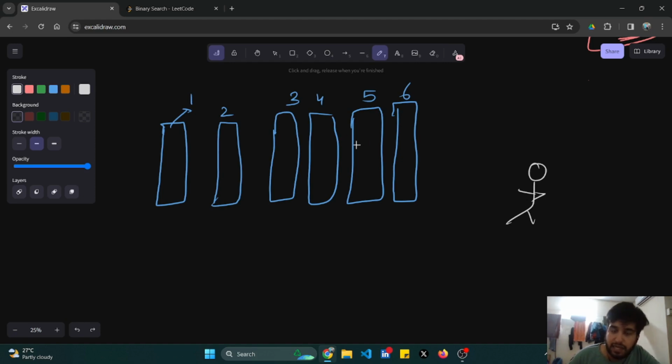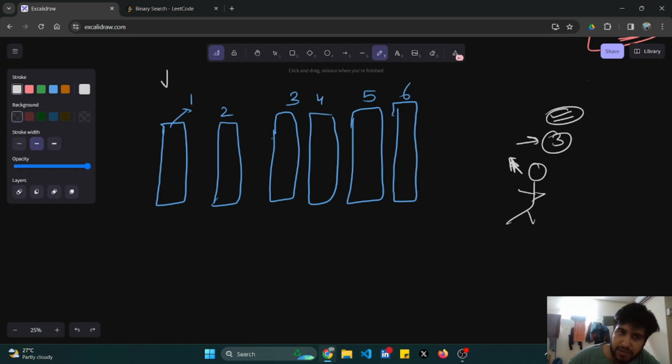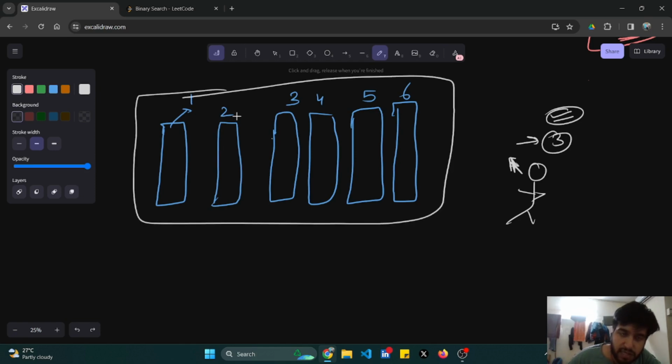and what you tell is, if some person asks you to get the third book, how can you search for the third book? Either you can start iterating from this, and you check its number, or what you can do is, if you know that the books are in sorted order, and there are six books,